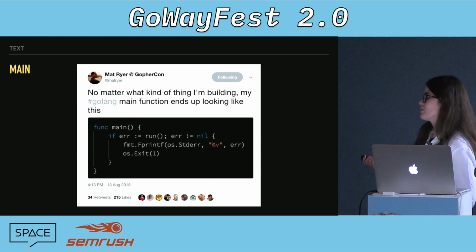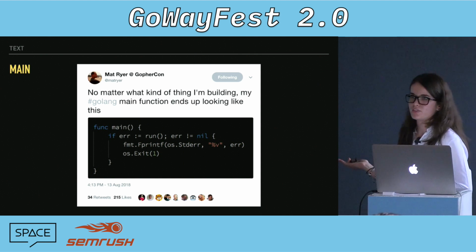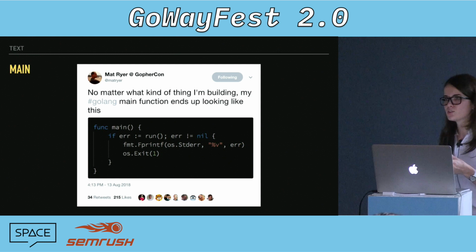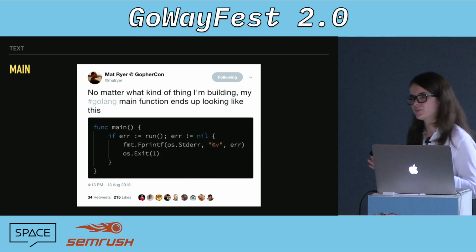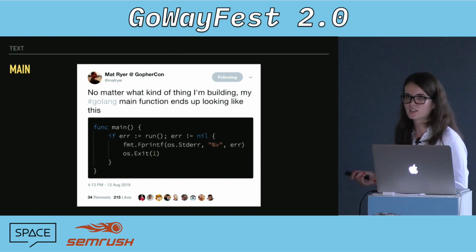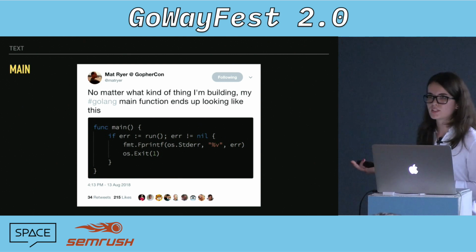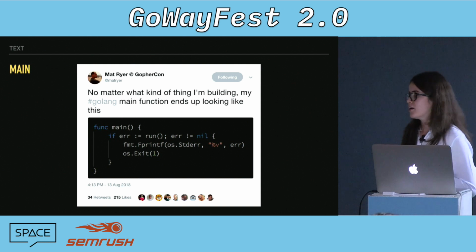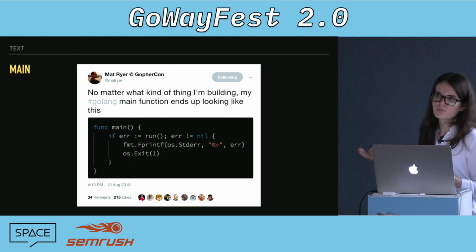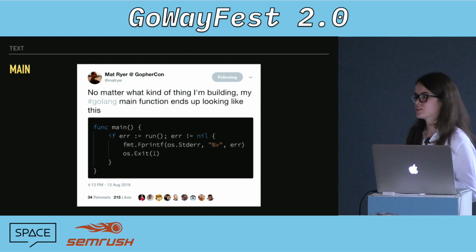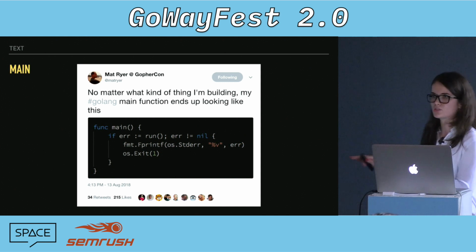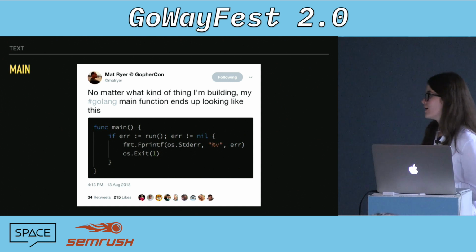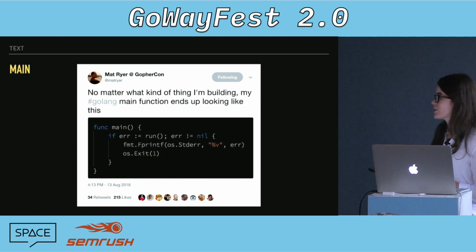A very quick word on the main function, and I'll pretty much just defer to Matt here. You'll probably find over time that if you apply the DDD thinking and start pushing logic out into your packages, your main just becomes really sweet and short, and it just initializes everything together and ties it all in. You could have flag parsing or do some initialization here, but even that you can just push out to the run function. So you might find that over time your main just starts looking something like this. It has 2 lines in here, 4 lines in here.